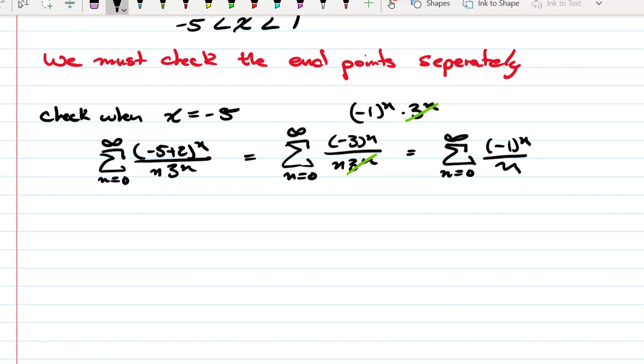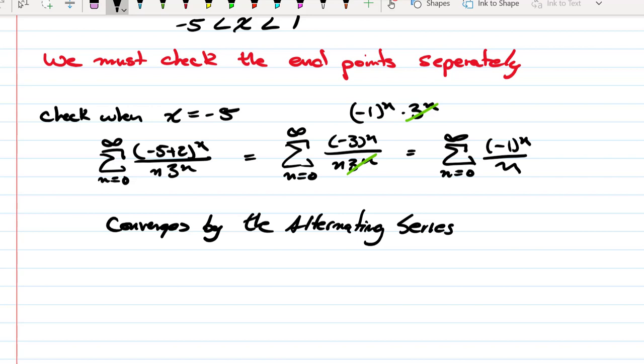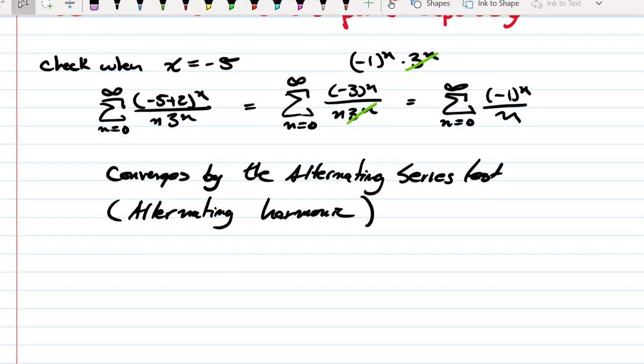And this is the alternating harmonic series. So this converges by the alternating series test, or the fact that it's the alternating harmonic series. So it's going to converge when x equals negative 5,